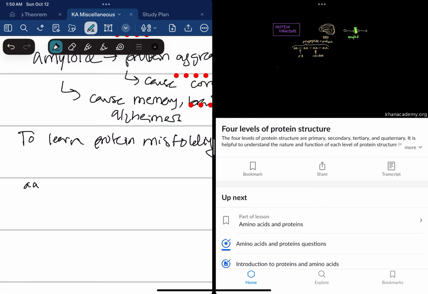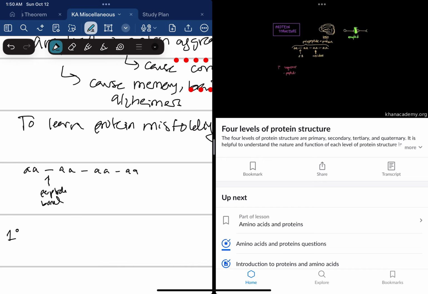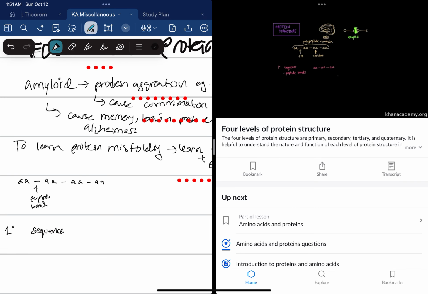So at the most basic level, you have primary structure. And primary structure just describes the linear sequence of amino acids. And it is determined by the peptide bond linking each amino acid. So if I were to take my amyloid example from Alzheimer's disease, and I stretch out that protein all the way, then this linear sequence is just the primary structure. So then moving on, we have